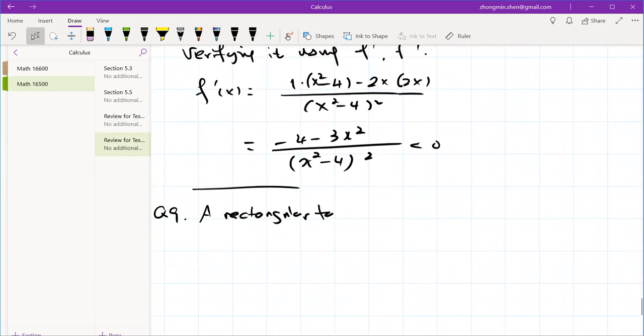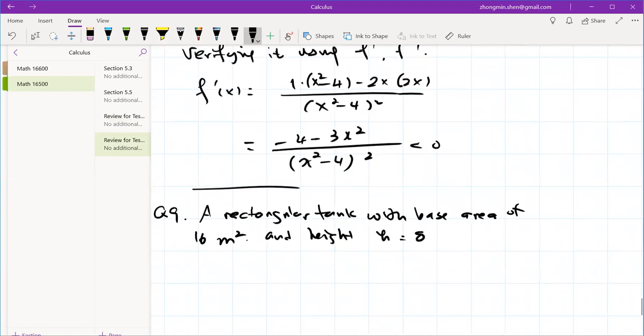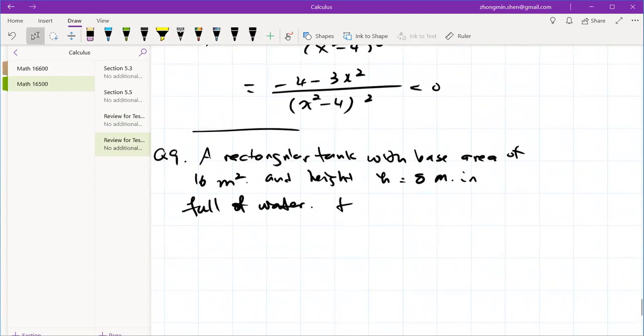A rectangular tank with base area of 16 square meters and height equal to 8 meters, is full of water. We needed to find out